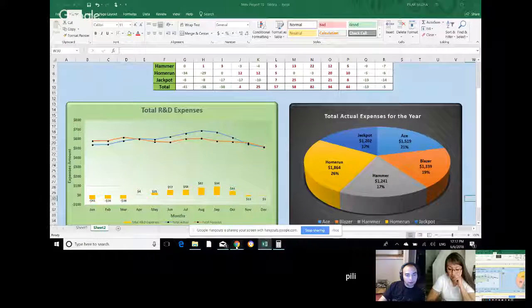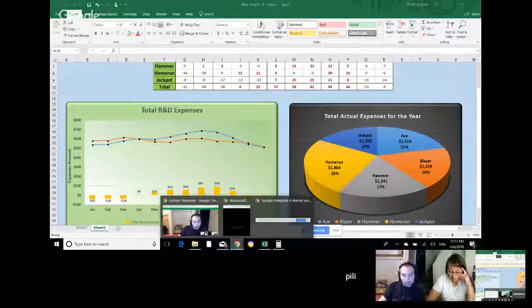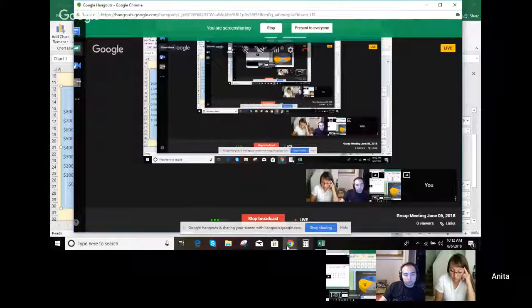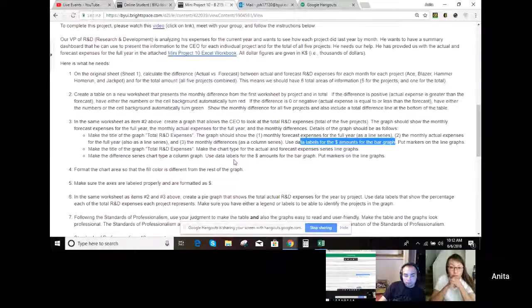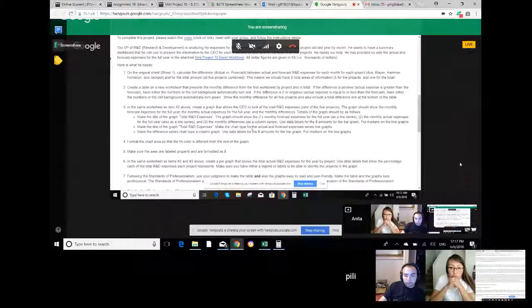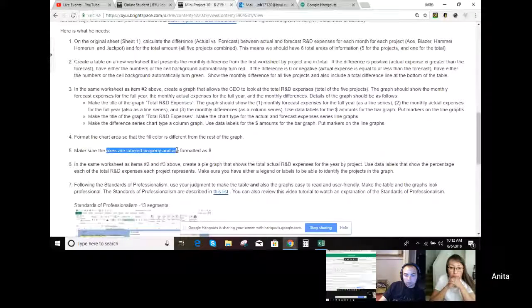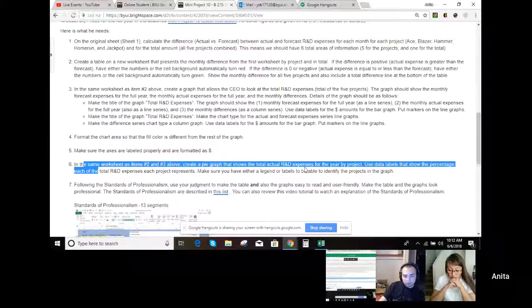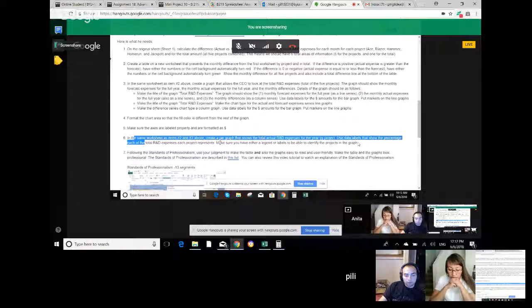Did it ask for money? I thought it only asked for percentage. But then I went back and read it again. I'm like, where are the instructions? Wait, here, I have the instructions here. Make sure to format properly, and in the same worksheet, create a graph that shows total actual R&D expenses for the year by project. Use data labels that show the percentage of each of the total R&D expenses. Okay, so it says